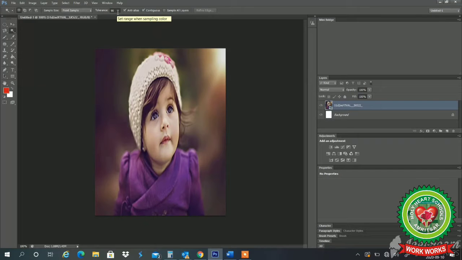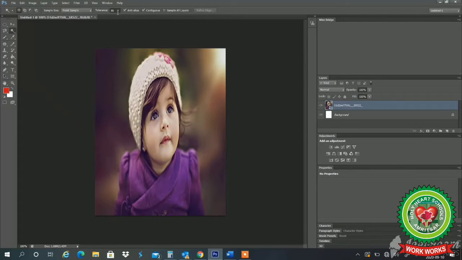What is tolerance? Tolerance determines the similarity as well as the difference of the color pixels selected. Means as the tolerance is higher, the selection area becomes wider. It will select the similar colors also.